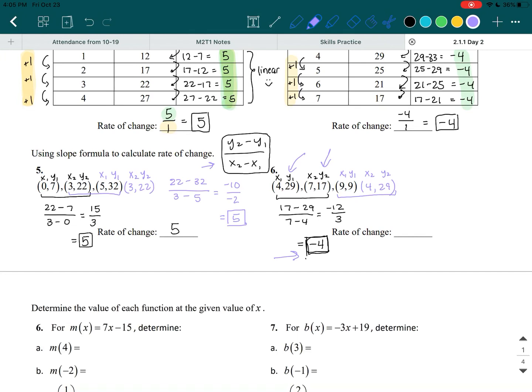So plugging it into our formula, we have y2 minus y1, so 29 minus 9, divided by x2 minus x1, so 4 minus 9. When you simplify this, 29 minus 9 gives you 20 on the top, and on the bottom, 4 minus 9 gives you negative 5. Dividing this out, you have 20 divided by negative 5. Your answer should be negative 4. And lo and behold, it's the same answer as the one we got the first time, which is exactly what we expected and wanted. So your rate of change for this one should be negative